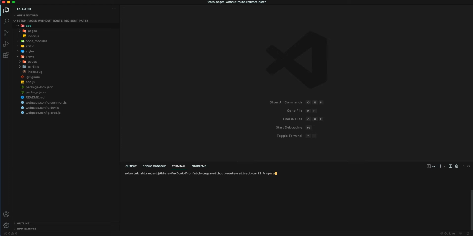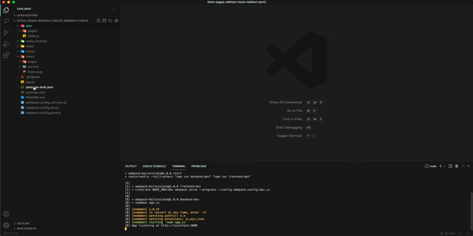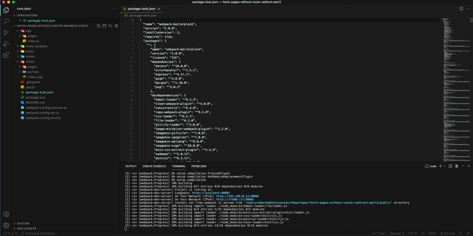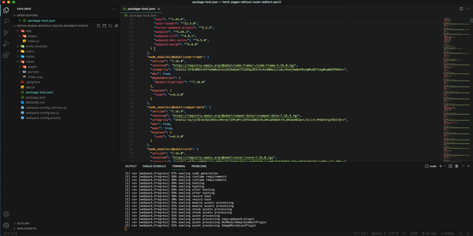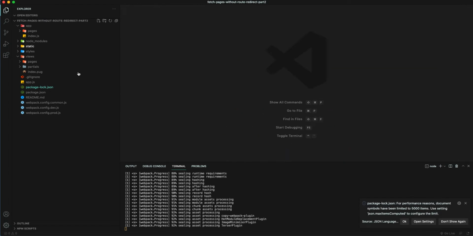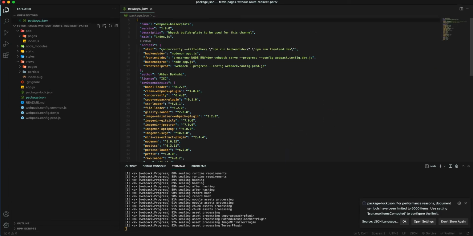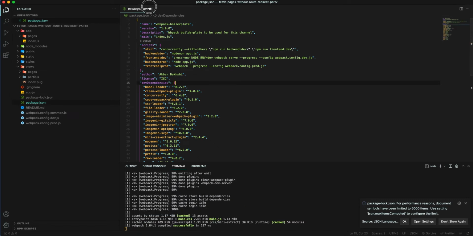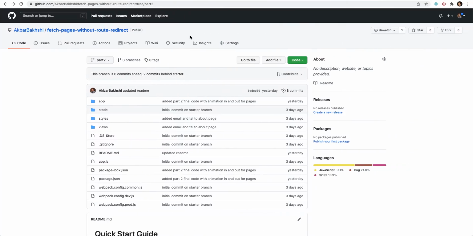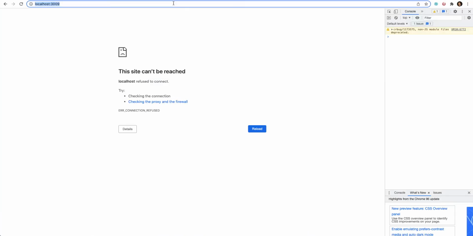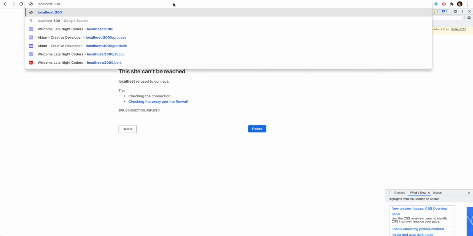We're gonna do npm start to start our dev server, and that's right here in our scripts, not the JSON here. We have npm start, and that's our dev server. If we go to localhost 3000 here,